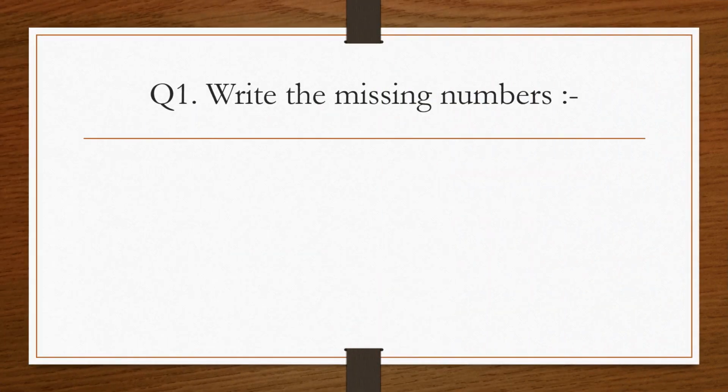Question number 1 is write the missing numbers. What are missing numbers? Missing numbers are the numbers that got missed in the given series of numbers with similar differences among them. The process of writing the missing numbers is termed as finding similar changes between those numbers and filling their missing values in their series and places. Now let us see the question.